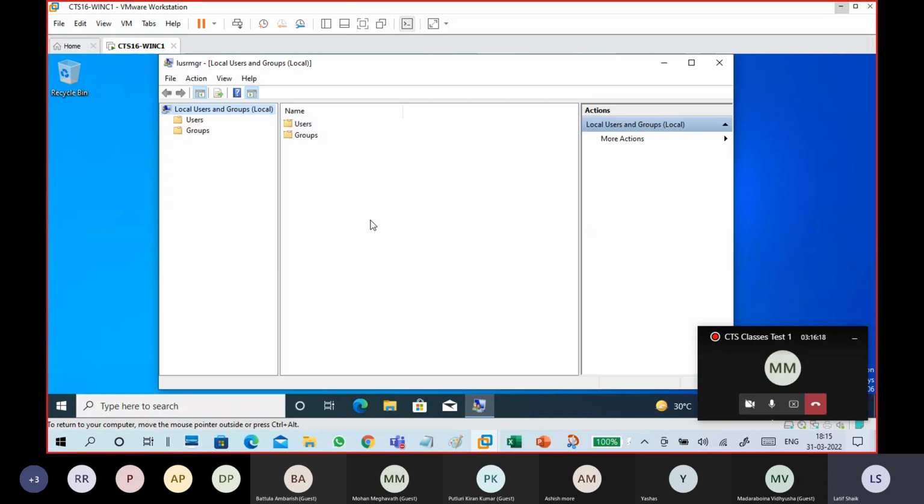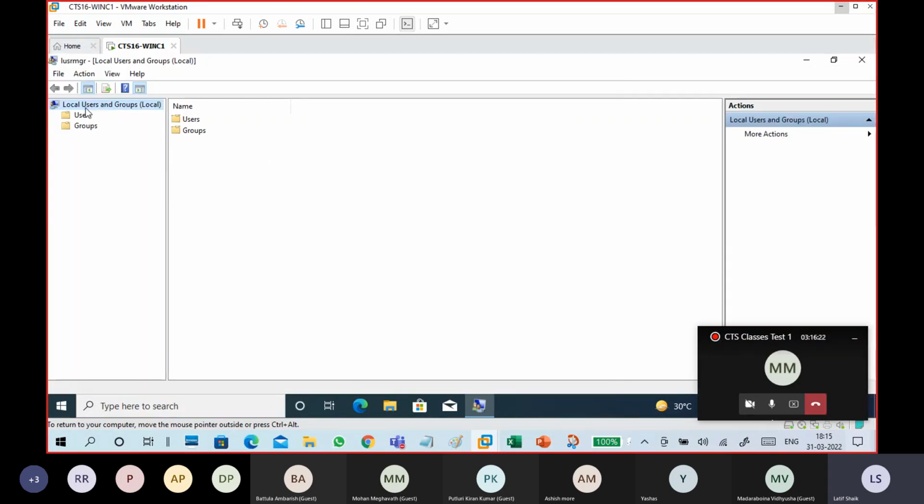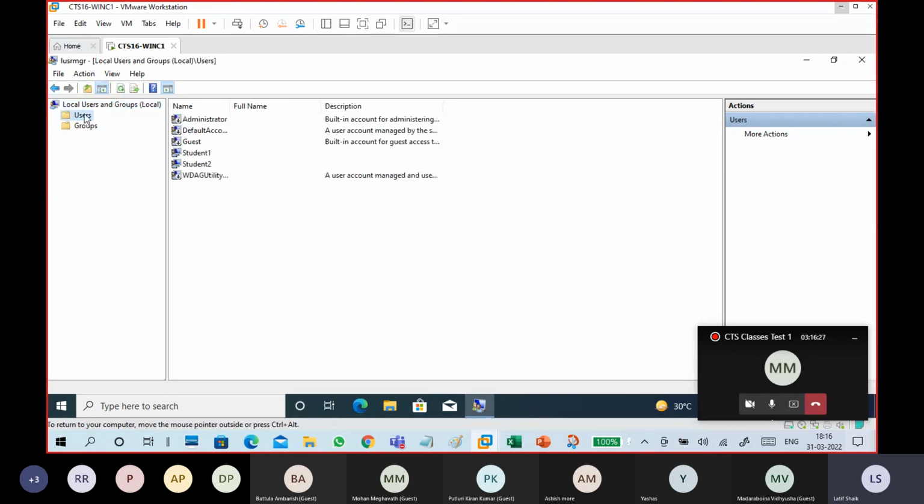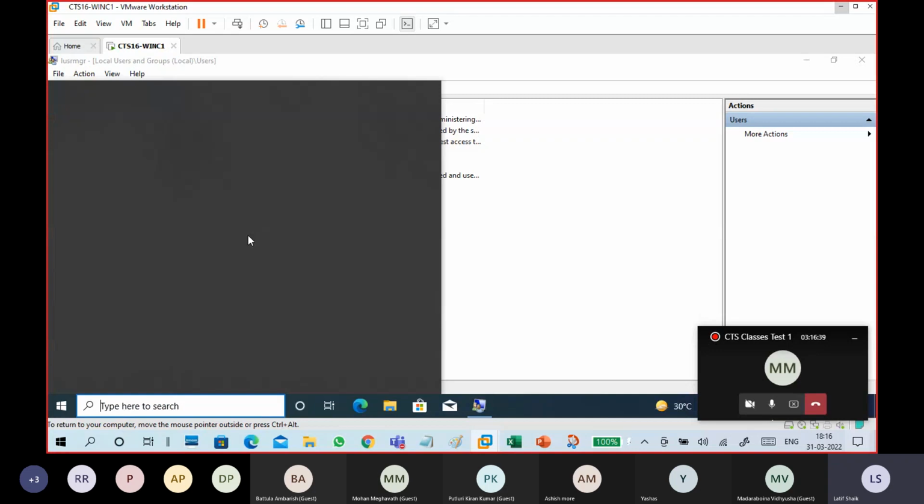Okay, I showed you how to add one account. Now I will show you how to add other accounts and other things like this. You can see here it is Local Users and Groups. Click on Users. You can see the list of users available in your system. So as I said earlier,